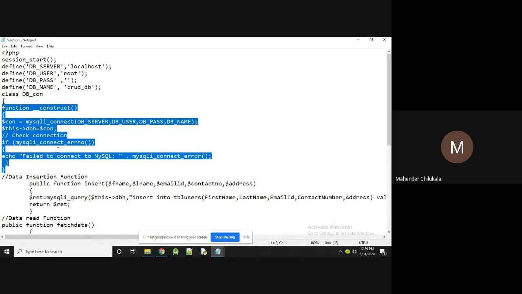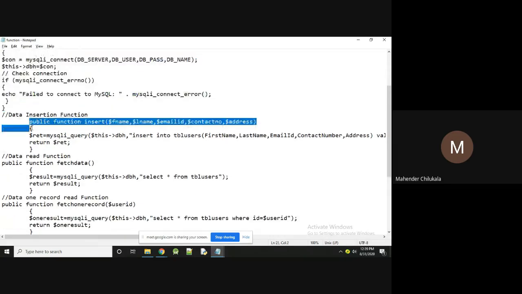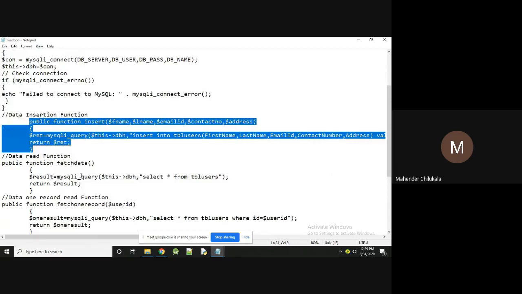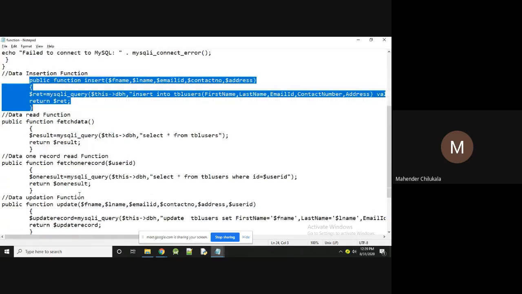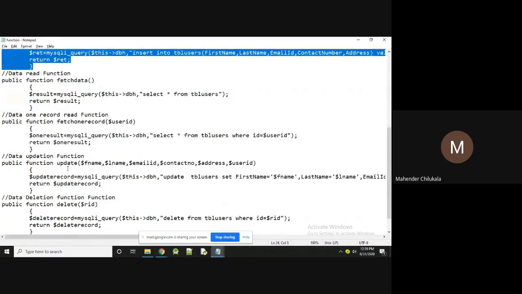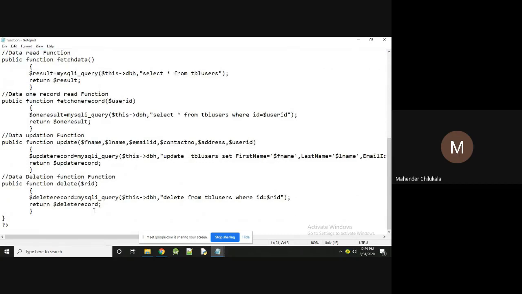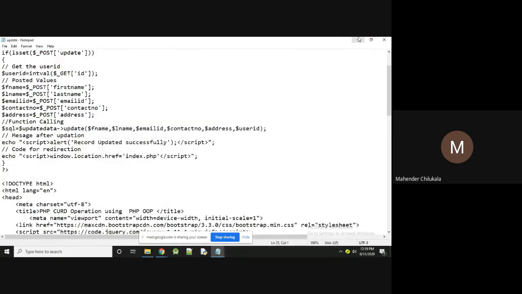If the database connection is there, then it performs the next operation. If the database connection is not there, then it returns the error message. Here we use some methods inside the class: insert method, fetch method, fetch record, update, and delete operations. We are performing the different operations. So now this is fine.